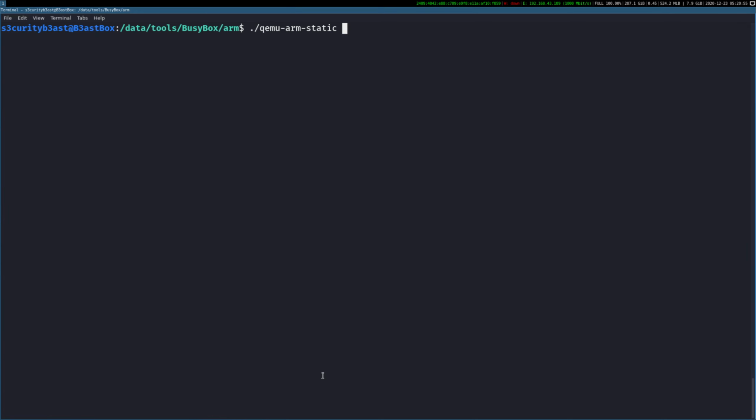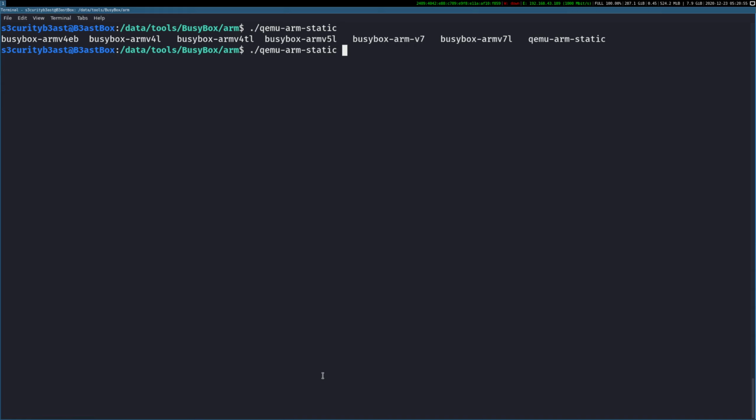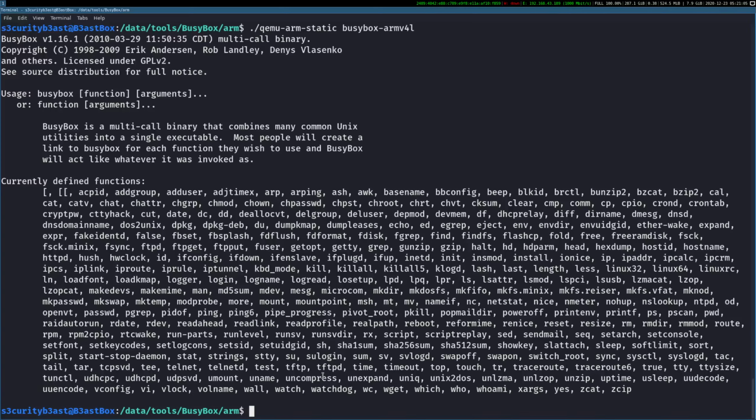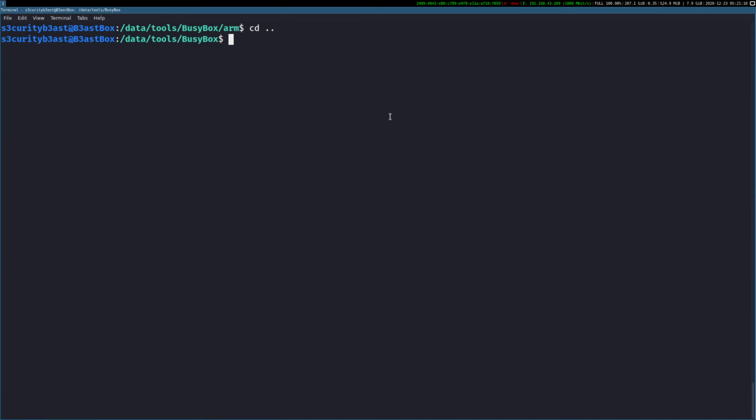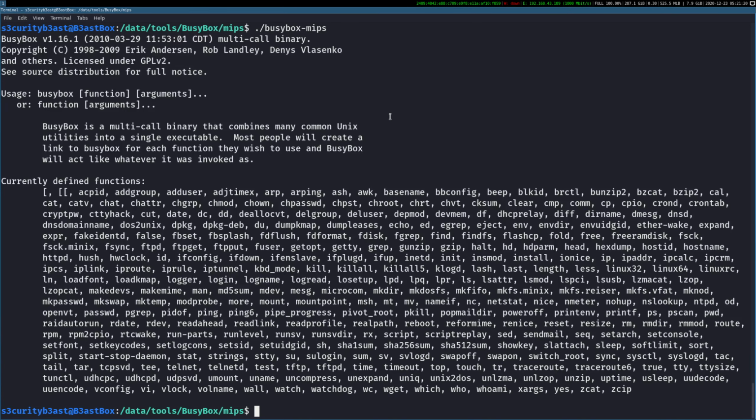You can take any qemu-arm-static, run busybox ARM v4l, and you can see the binary is executed here. And a strange thing I noticed now is that without giving any information it executes. I think this is an excellent development.